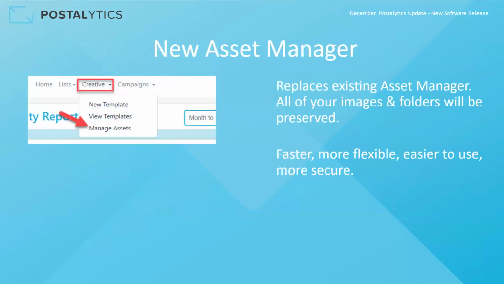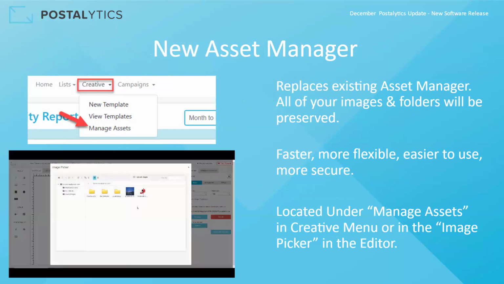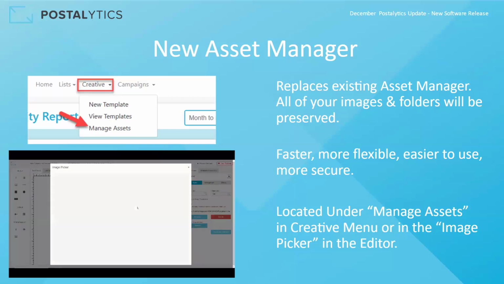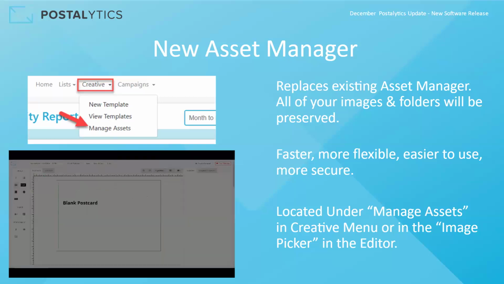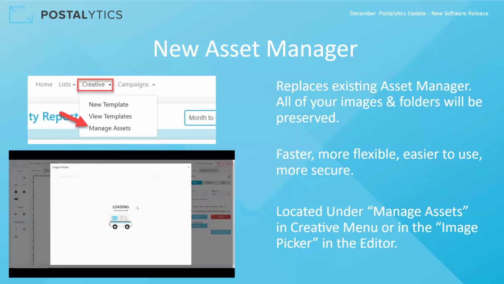Jumping into this new Asset Manager, we'll be replacing our existing Asset Manager. This is a place for you to store all of your images and put them in folders, the same as before. You can access this through two locations. In the top image, on the left, you can go under the Creative menu to manage assets. That's one way to access your Asset Manager. The other one is right through our creative editor. You can see in the little GIF how the image is dropped in,